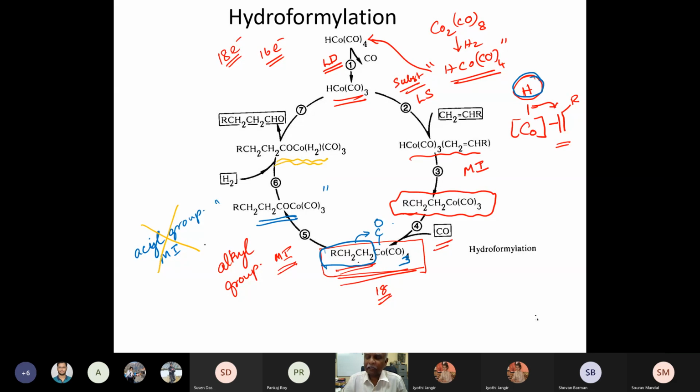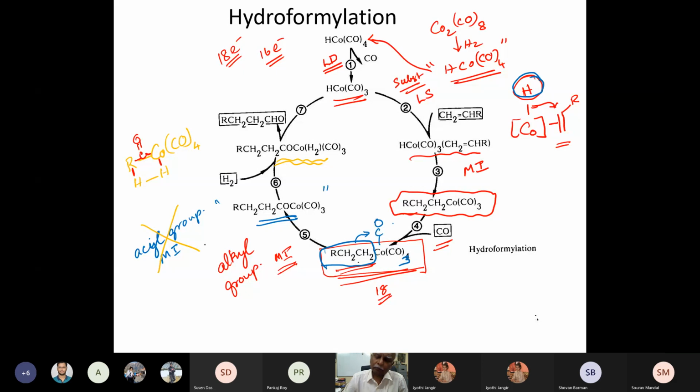Elstrom-Broich has written it as if it's a hydrogen complex, but I could write it as a sigma bond metathesis. So let me simply explain what I'm saying. Suppose I have this species and I have a hydrogen molecule. I could have a sigma bond metathesis where I form a new bond between the cobalt and the hydrogen, and the R and the H. And this could very simply generate the aldehyde. Sorry, this had a CO in between.